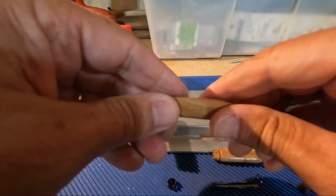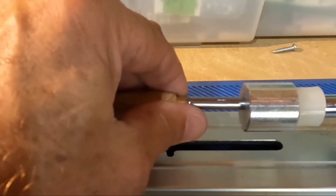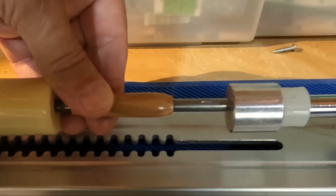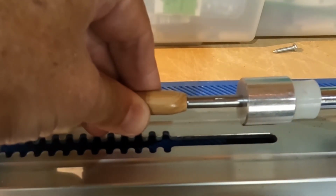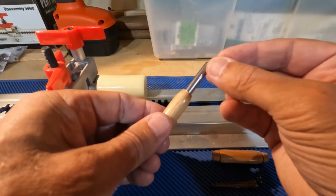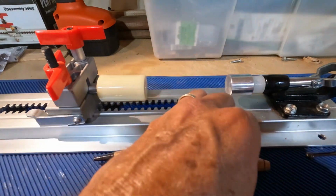Next, I put the ink insert area. I'm going to go up to this mark right there, and I might go a little beyond so that the ballpoint portion sticks out far enough to write decently. There it is. This is an easy part. The little spacer goes on, and then the clip,